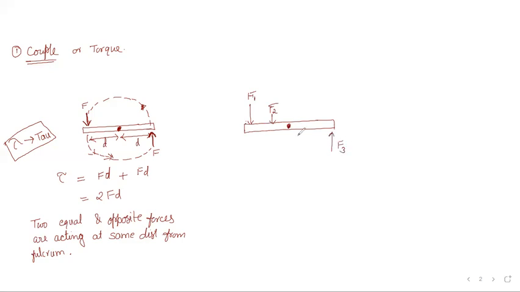It may happen that F3 is at a distance of, let us say, D3. The other distances may be D2 and D1. And if it so happens that F1 D1 plus F2 D2 is equal to F3 D3,